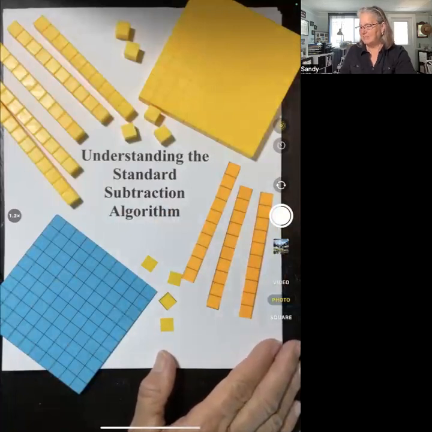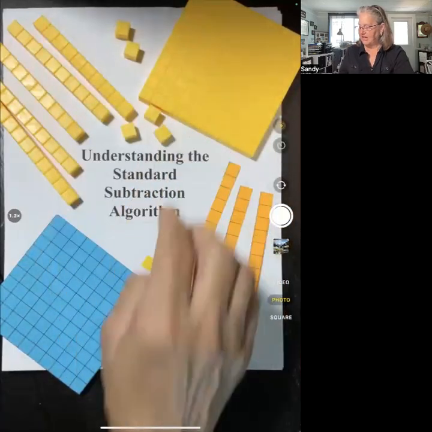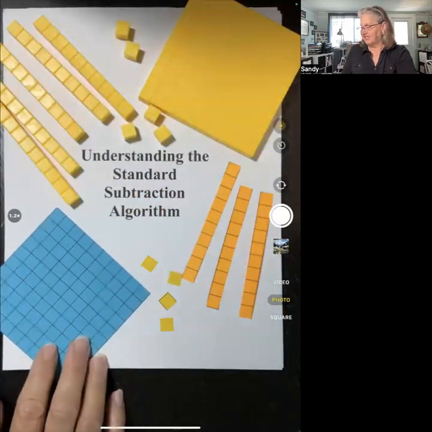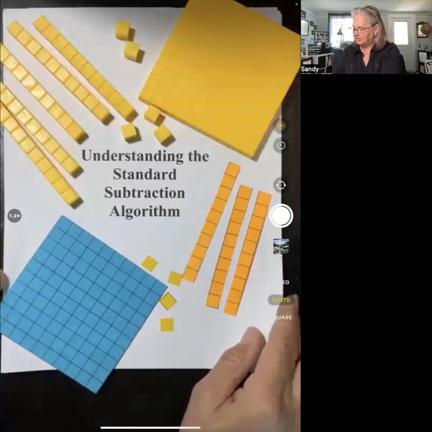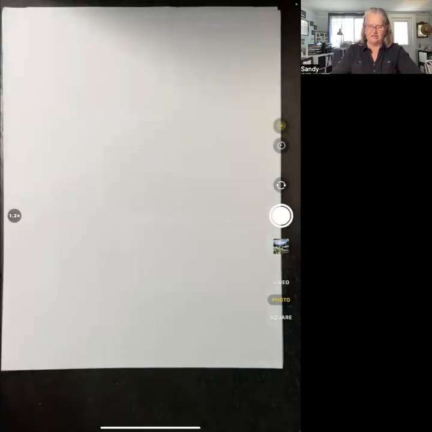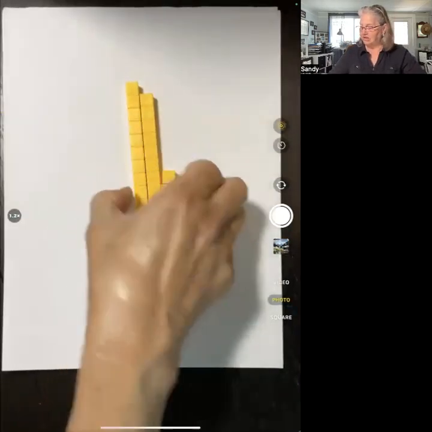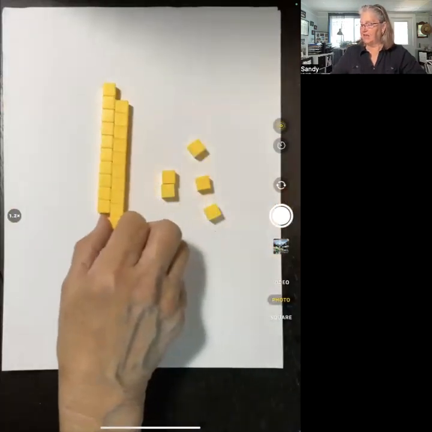We have base 10 models. Now these are the commercial ones. You can see the 100, the 10, the 1. I also have some paper ones that I use with children. These are made out of centimeter grid paper, hundreds, tens, and ones. And what's important as we start to use these models is helping your child understand equivalent ways to make the same quantity using tens and ones, 100 tens and ones, wholes, halves, and sixths, but getting that idea that I